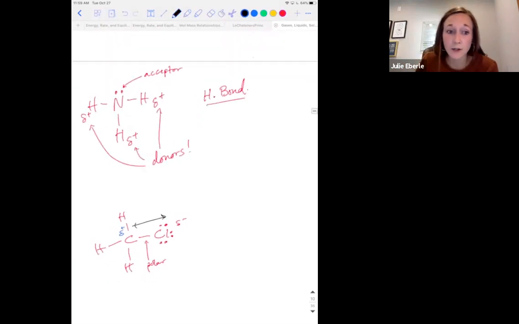You can draw a dipole in. There's no symmetry here. So most people said that the dominant force for this is hydrogen bonding. But we don't have a positively polarized hydrogen. None of those hydrogens are positively polarized because the carbon-hydrogen bond is nonpolar. And we don't have a lone pair on an oxygen, nitrogen, or fluorine. So we don't have any of the requirements for hydrogen bonding here. So it cannot hydrogen bond, but it is a polar molecule. So the strongest force at play here is dipole-dipole.